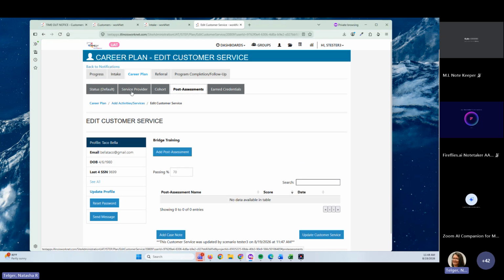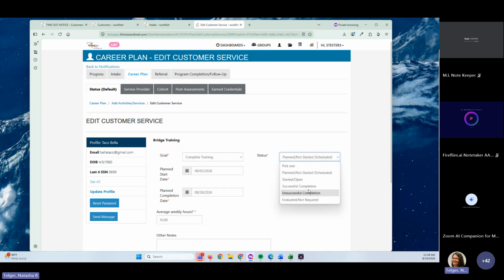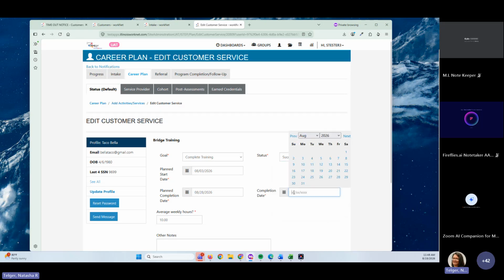Now, when you are going to close out the bridge service, in order to be able to mark this as success, when they start it, click start, and then you can save it. And then the system will know that they're currently in the bridge. When you get to them completing the bridge, click successful completion. You're going to put the actual completion date, and then